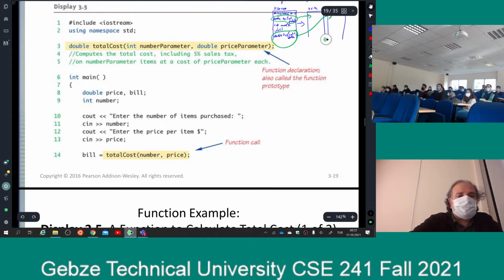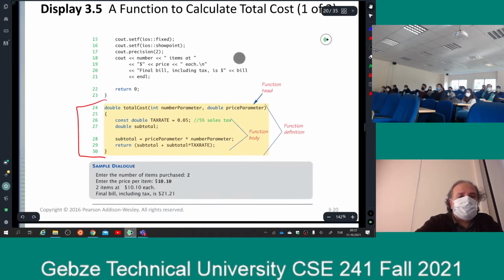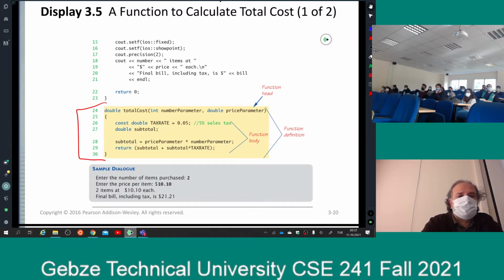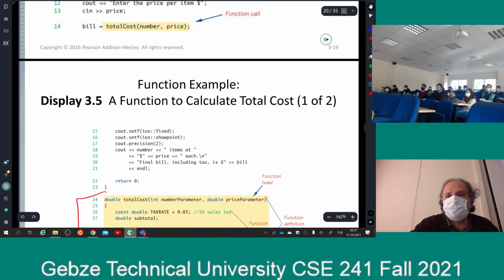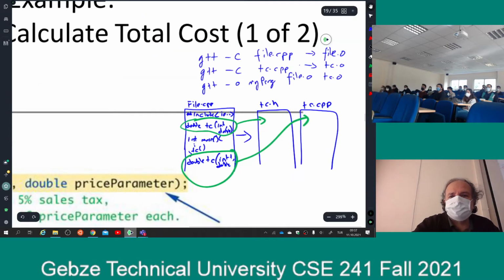So I did this. I wrote my main, and I call this function, no problem. Then at the end of this file, I included my implementation of this function. This is what we saw last time, and maybe I talked a little bit about this picture here. We said that